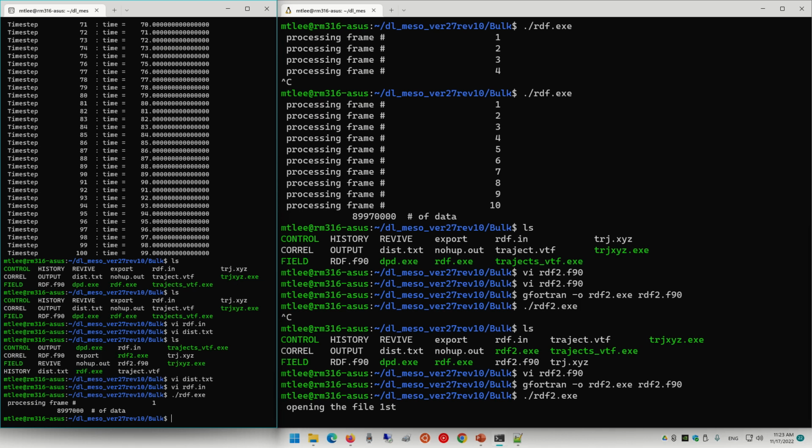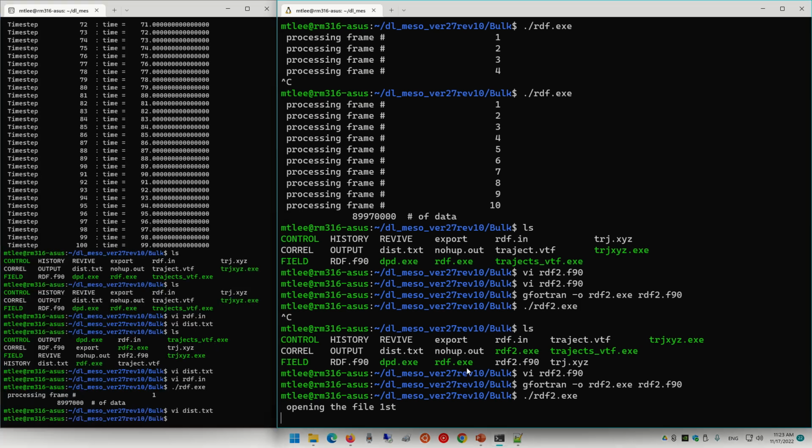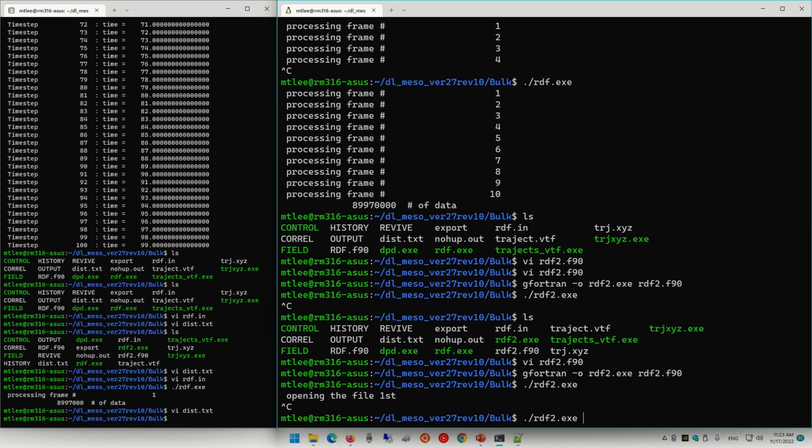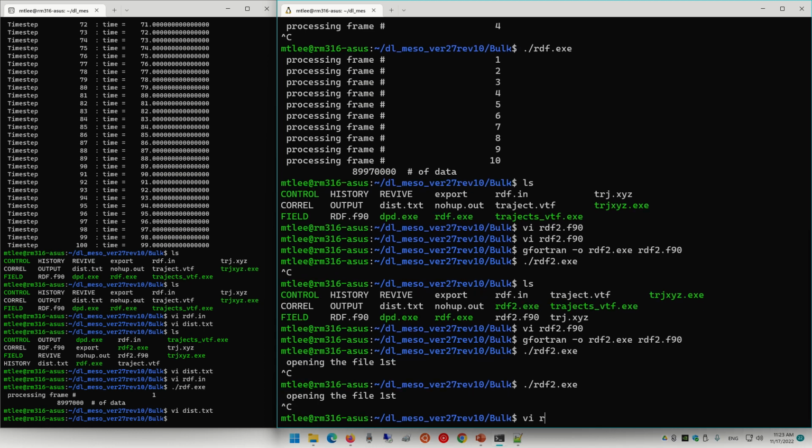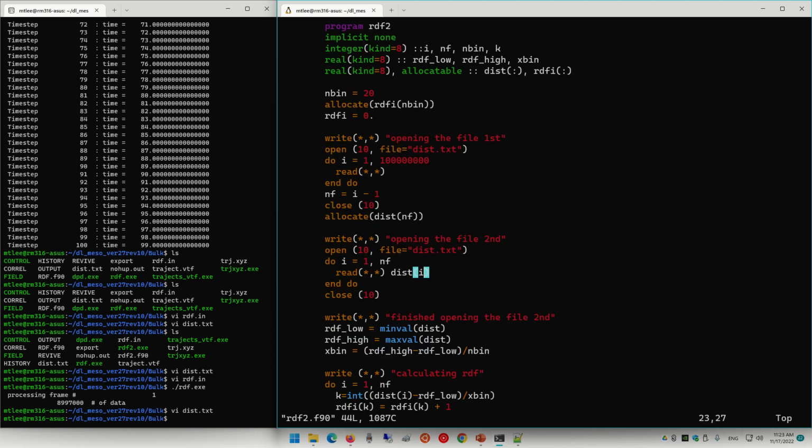Oh wait, hold on. Processing frame 1. Okay, this is 4. That should be reasonably enough. Okay, we should run this file again. I think something is wrong with the program, or actually not. Open this.txt, right?